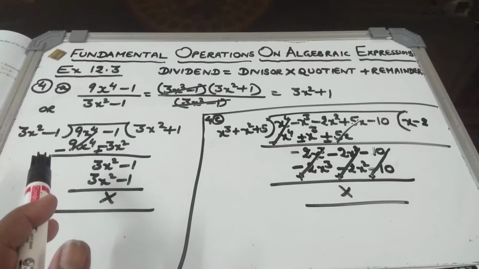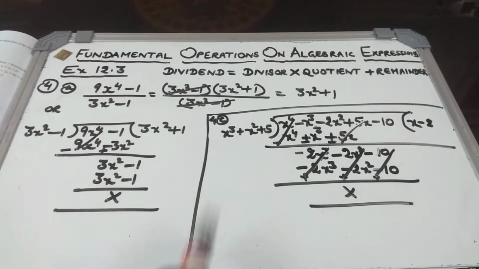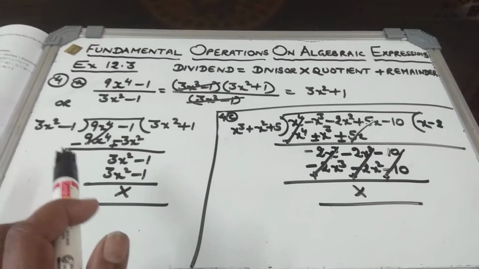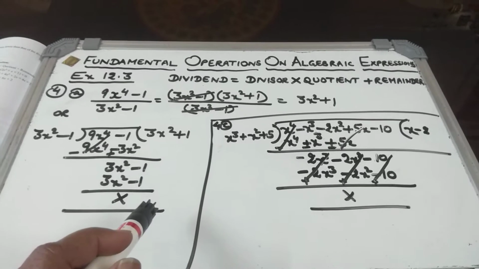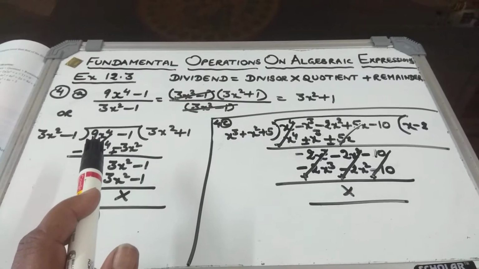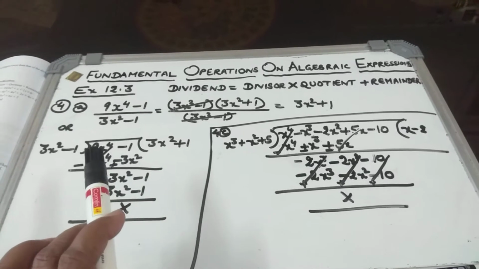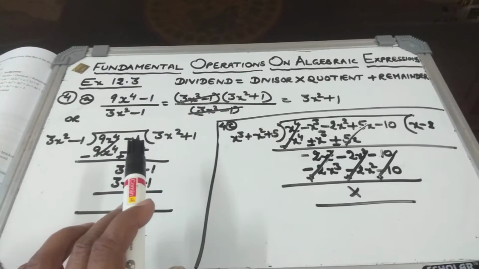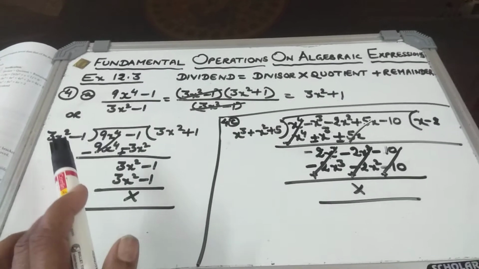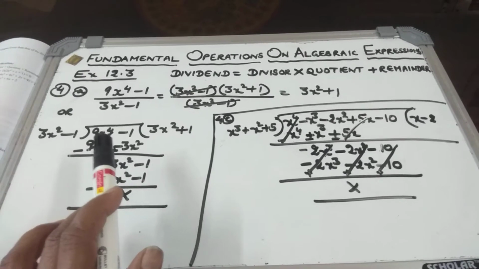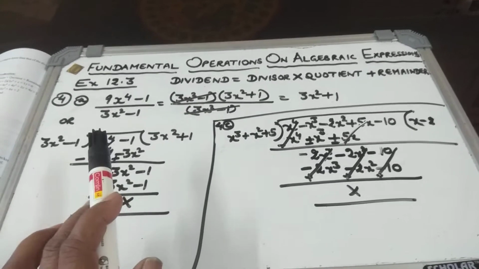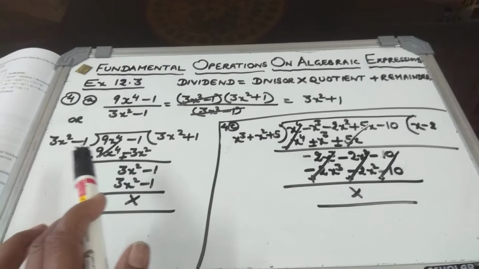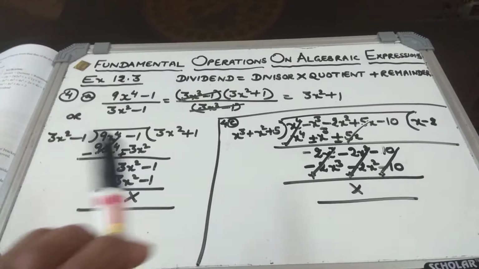Now I have also done it by chance. If it will not strike to you, then in that case you will get stuck here. So you will have to do it by common procedure of division, that is the long division method. Now in long division method, first and foremost arrange the polynomial both, that is numerator and denominator both, that is dividend and divisor both, in descending power of x, that is higher to lower. So 9x to the power 4 minus 1, 3x square minus 1, it is already arranged, so no arrangement is required.